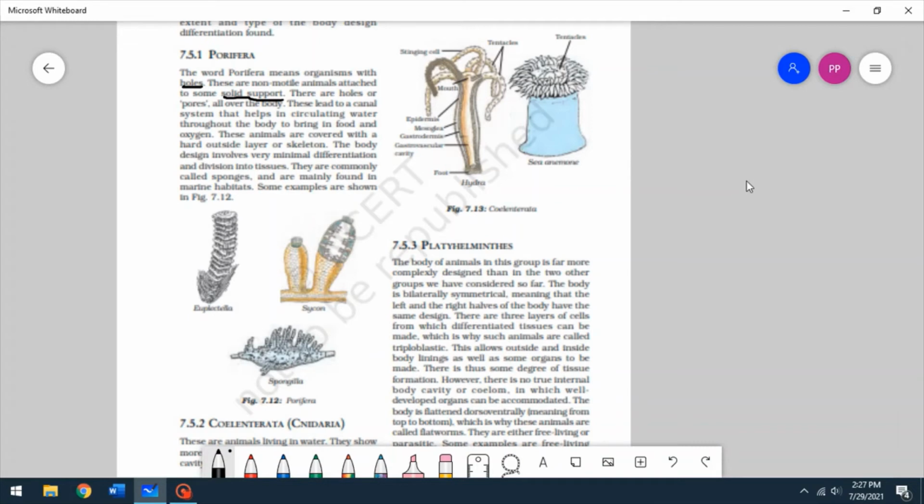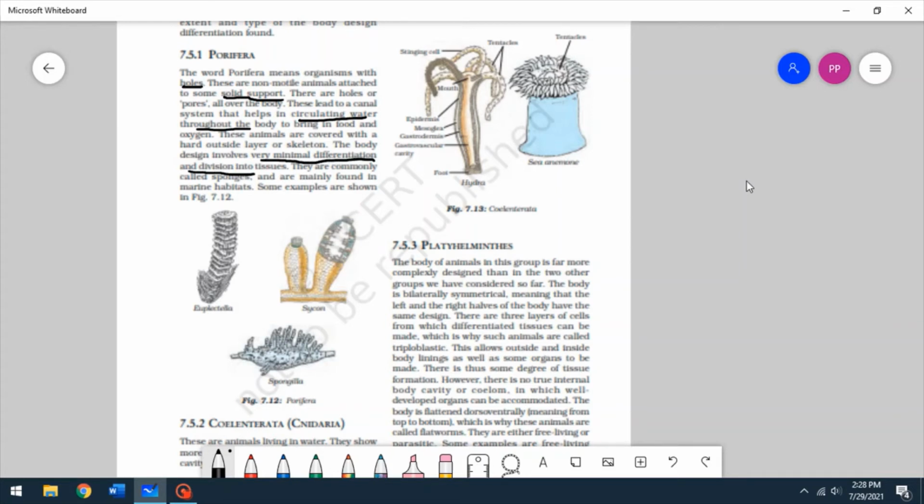And these holes are present all over their body, and these lead to a canal system that helps in circulating water throughout the body and to bring in food and oxygen. So everything occurs through these holes. Alright, these animals are also covered with a hard layer of skeleton, and the body design involves very minimal differentiation